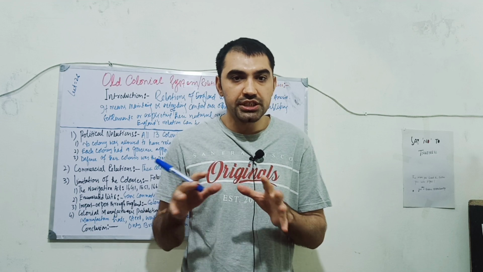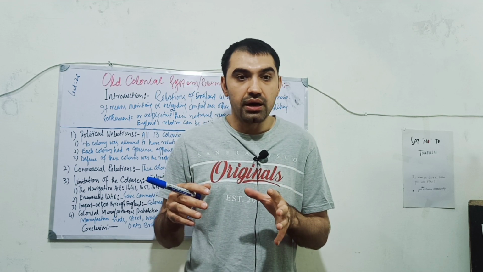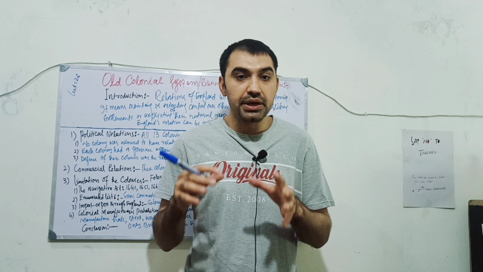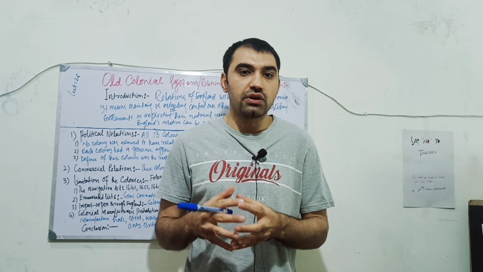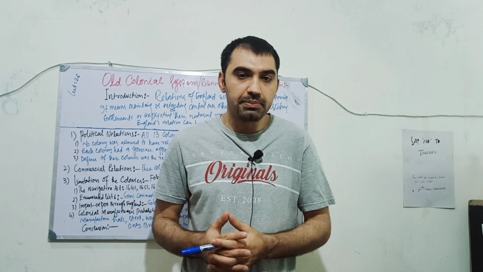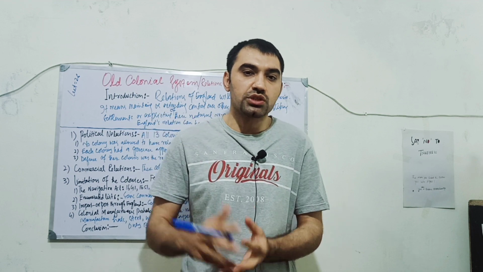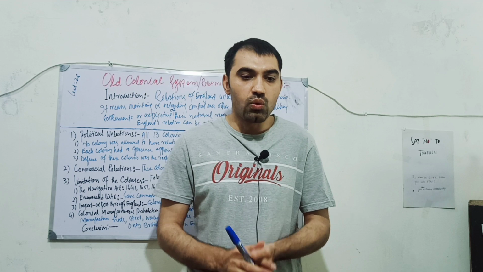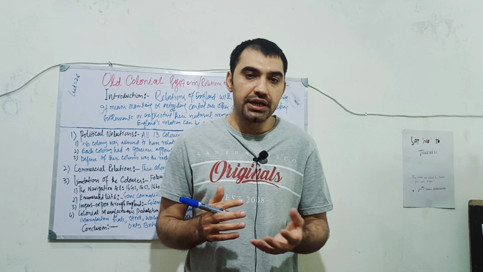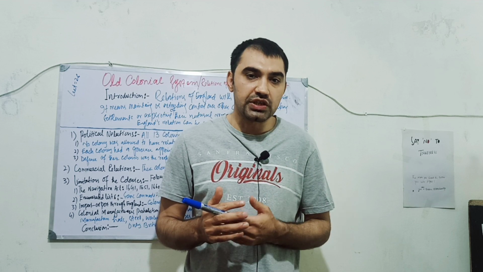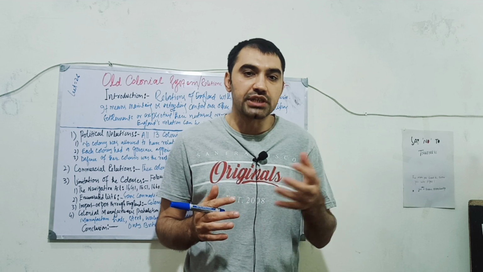So the commercial relation was based on self-interest. It was only based on exploiting those people and the natural resources of those colonies, while developing their own trade and their own infrastructure,